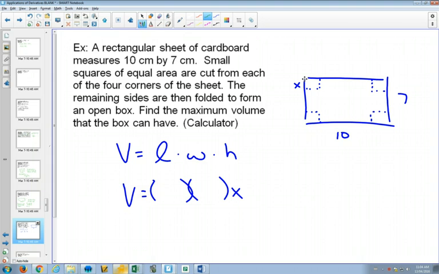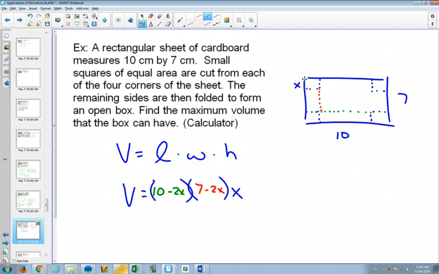Does it make sense that this green line right here is our new length? And this red line right here is our new width. It's going to be what? 10 minus 2x for that green length, right? And for our red length, 7 minus 2x. So what we were able to do is we were able to write an expression for the